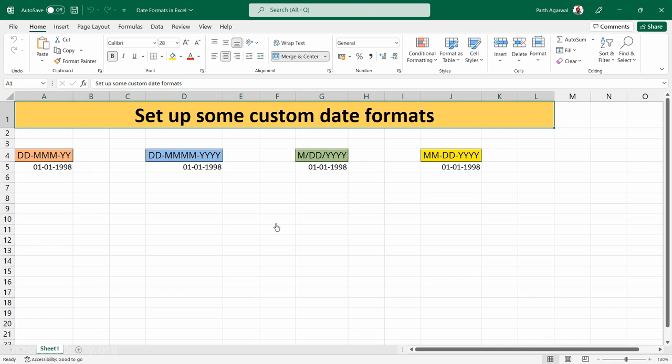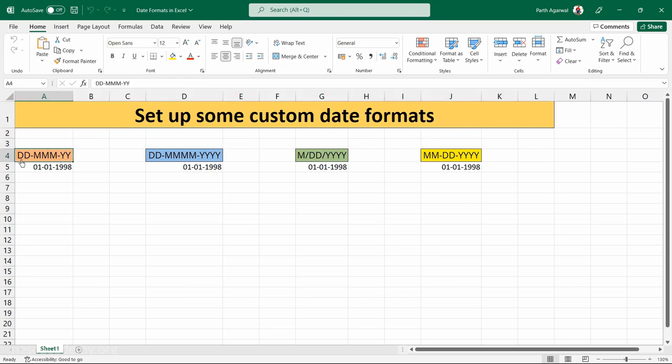Now here in this spreadsheet, I have written 4 different structures of date formats. And out of 4, I will tell you how to set up the first 2 custom date formats. And the remaining 2 will be your assignment. You have to do it on your own. And in case you have some doubts, you can always put a comment below. So let's begin with the first date format written in the cell A4, that is